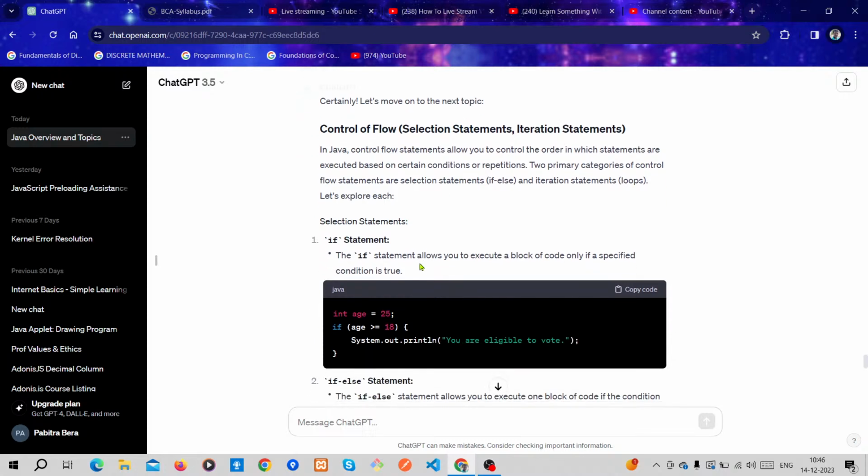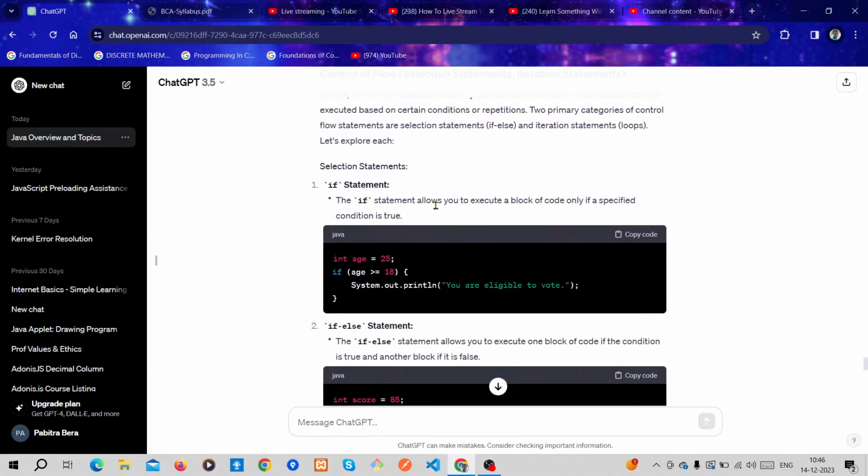Okay, so first of all, the selection statement: the if statement. The if statement allows you to execute a block of code only if a specified condition is true.